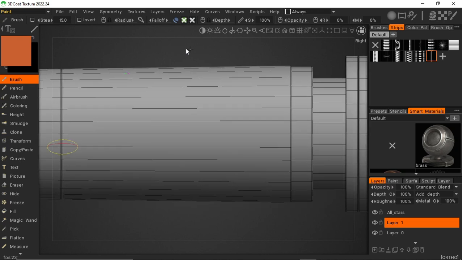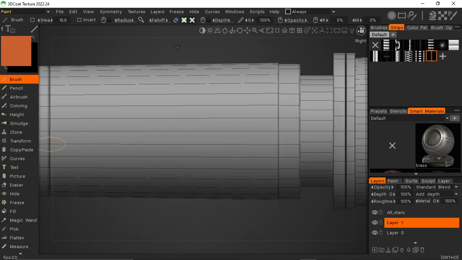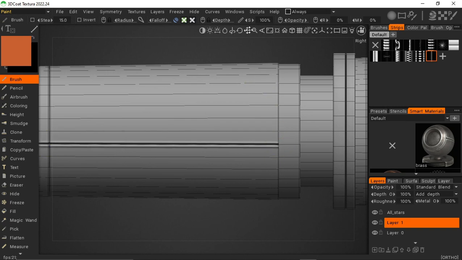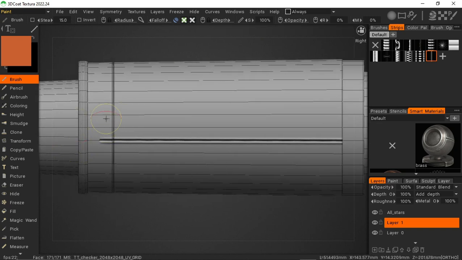If I pan, and if you press your mouse wheel, that's how you pan. Or you can use the gizmos over here. So I'm gonna do that. Try and get a straight line. Okay, it's not that bad. Now it did its own thing also because, you know, they share